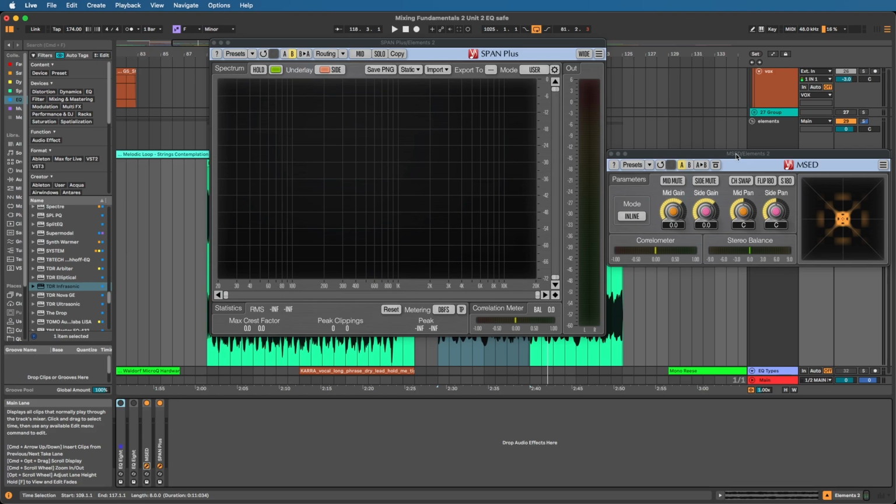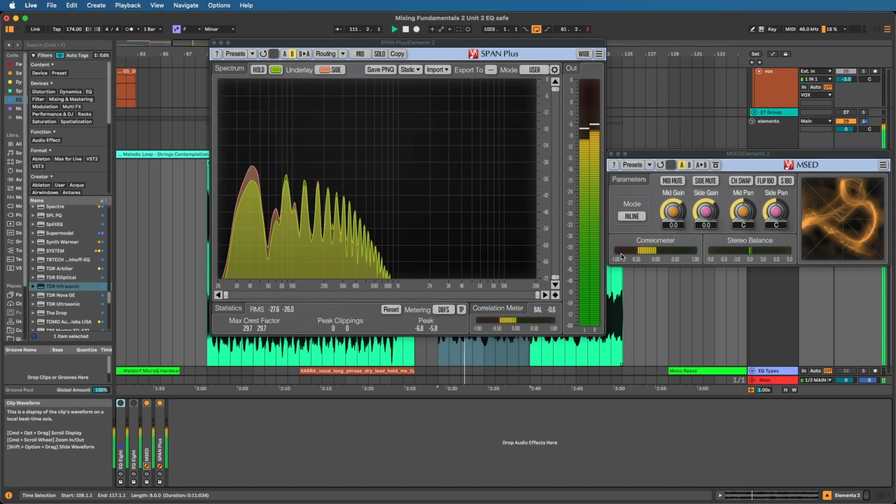What this allows you to do, in its basic use case, is encode your stereo audio into mid-side and decode it as it leaves the plugin. So this gives you control of your mid and your side. But right now we're going to use it just for muting sides, showing the stereo correlation, and showing the image. So as I play back,